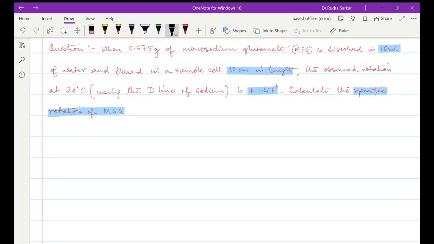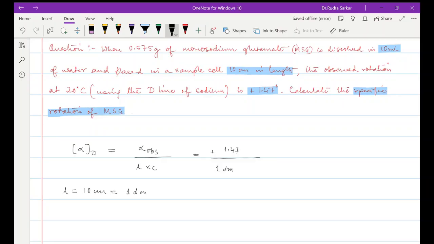What is the formula? We know that specific rotation is observed rotation by L into C. And what is the observed rotation given to us? 1.47. That also in plus. What is the length of the tube? 10 centimeter. In decimeter it means what? 10 centimeter in decimeter means 1 decimeter. So it is 1,